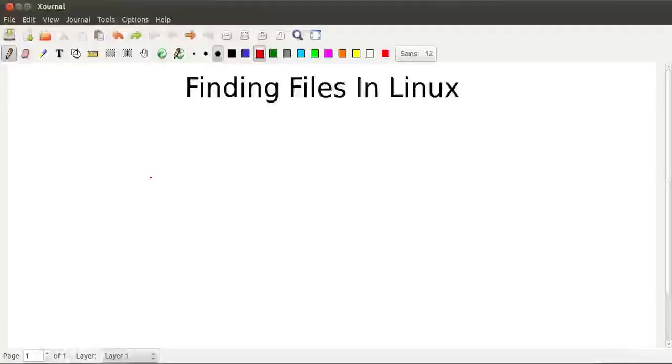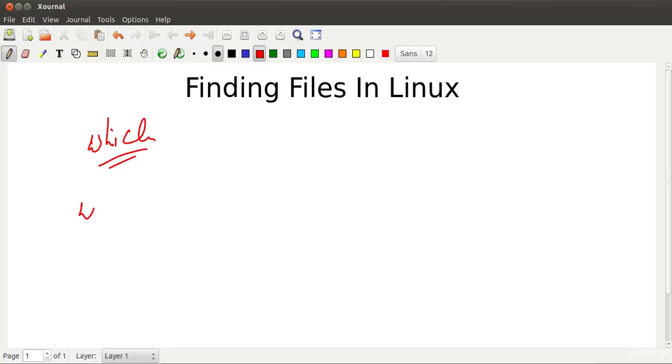Hello friends, in this lecture we will see how we can use some of the tools available in Linux to find files in the folders or maybe all across the installation. Now some of these tools can be used to find only binary files while others can be used to find any of the files. Specifically we are going to look at which command, how to use it, what is its